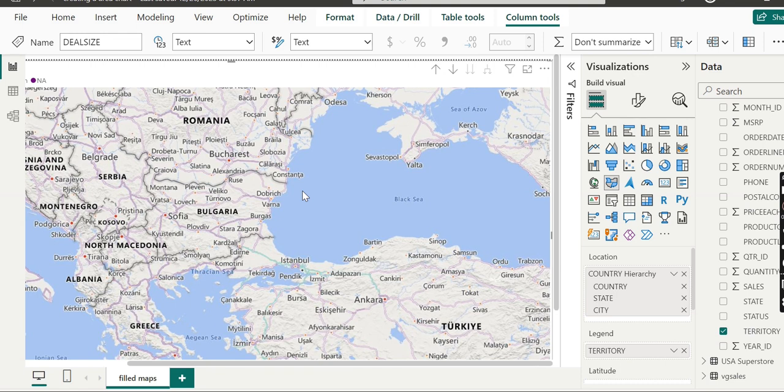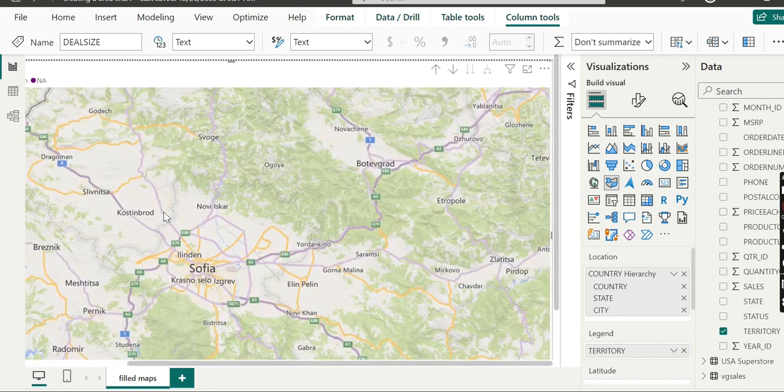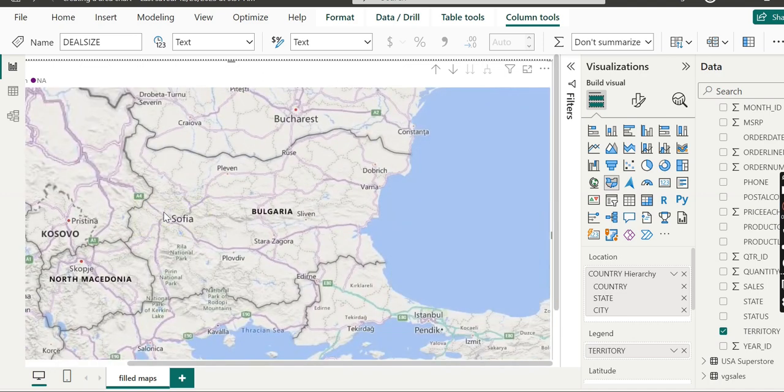Why does this happen? This is perfectly fine, because it makes sense that the lowest level in the hierarchy is the city, but cities are not large enough to appear in this view. Let's confirm this hypothesis and see. We click on the feature, and then we can see there are a few cities which appear.